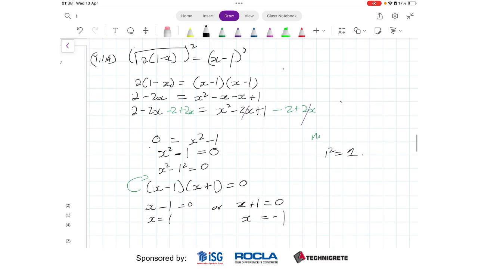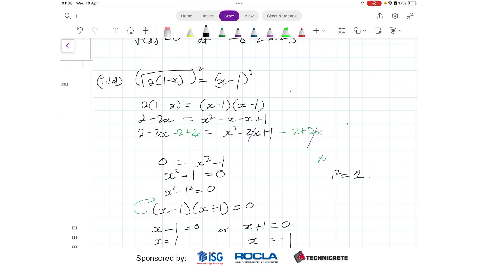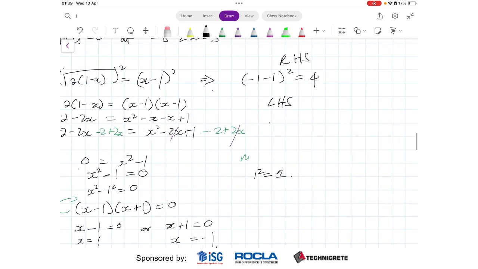Now, what are we going to do? The thing that you're going to do now is you're going to take each of these solutions and plug it into your formula. Let's take x equals to minus 1, for instance. If we take x as minus 1 and plug it in here, we get minus 1 squared, which is equals to minus 2 squared, it's 4, which is the right hand side. Now, the left hand side, however,